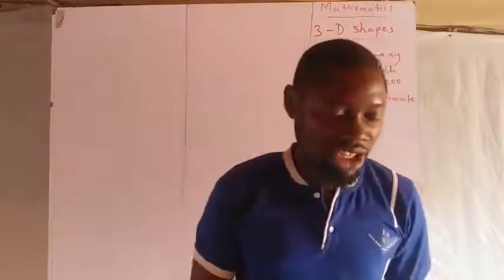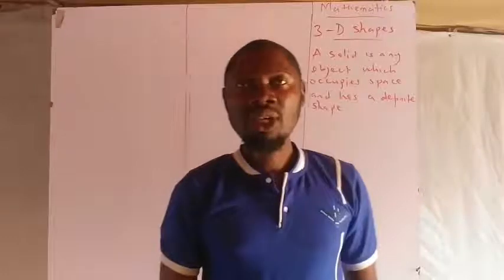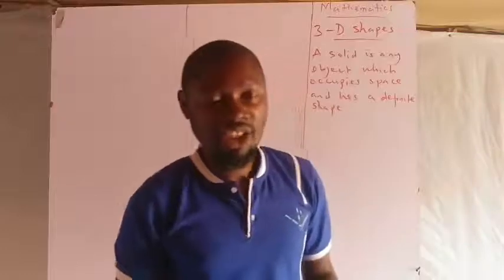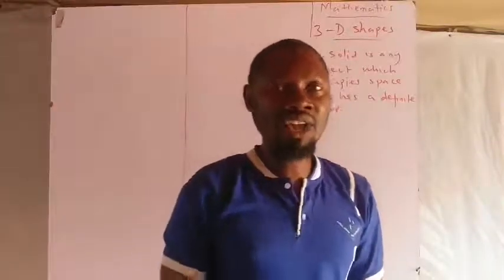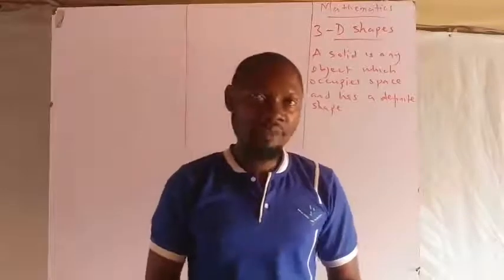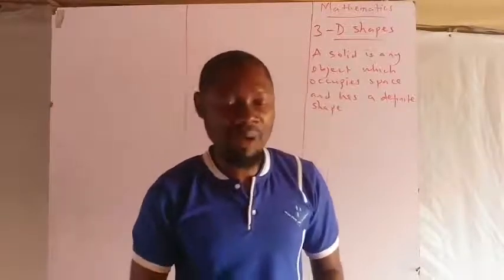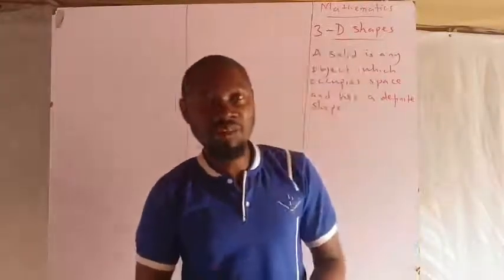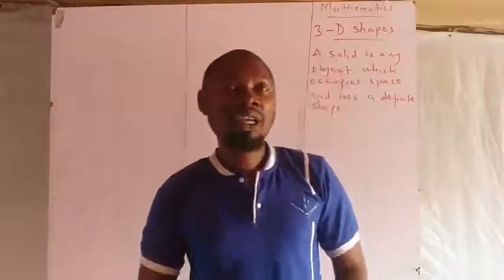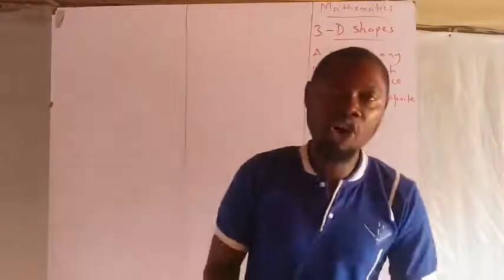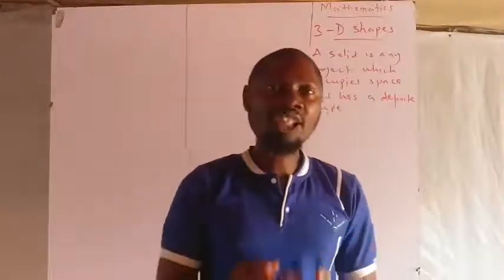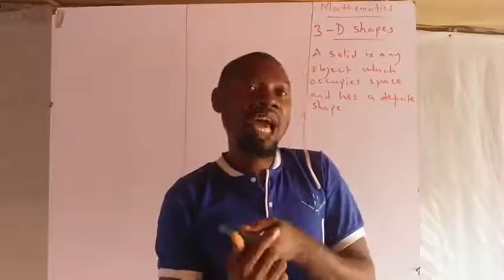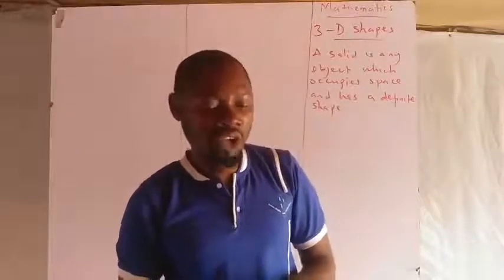A solid shape in which measurement and relationship can be determined is called a geometrical solid shape. A solid shape that you can measure the size of, and carry out or find out other relationships of that shape, is called a geometrical solid shape. Any solid shape that you can measure the height, the length, the breadth of, such a solid shape is called a